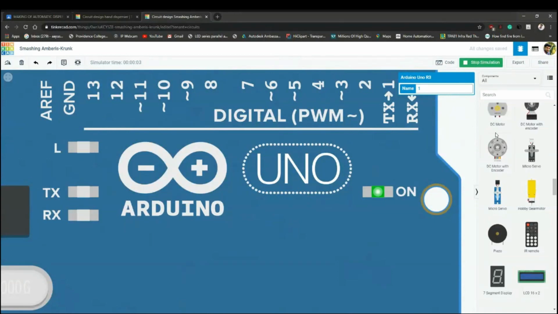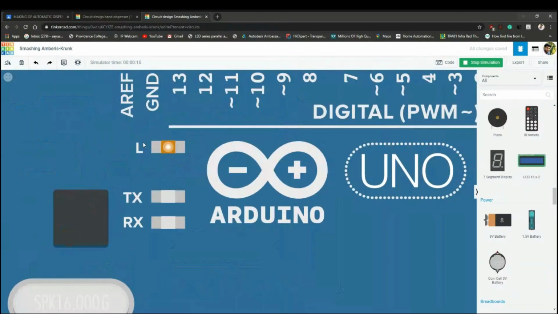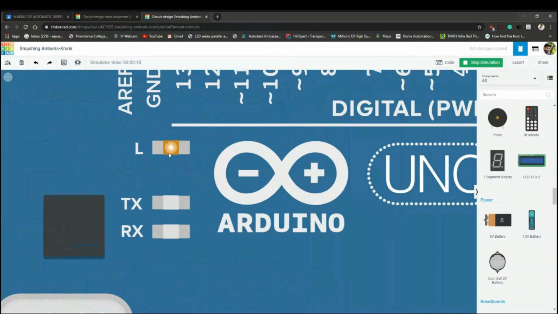And here also, in the live LED, you can see the LED is blinking. This is also a status indicator which shows the Arduino is powered up. Now we can stop the simulation.